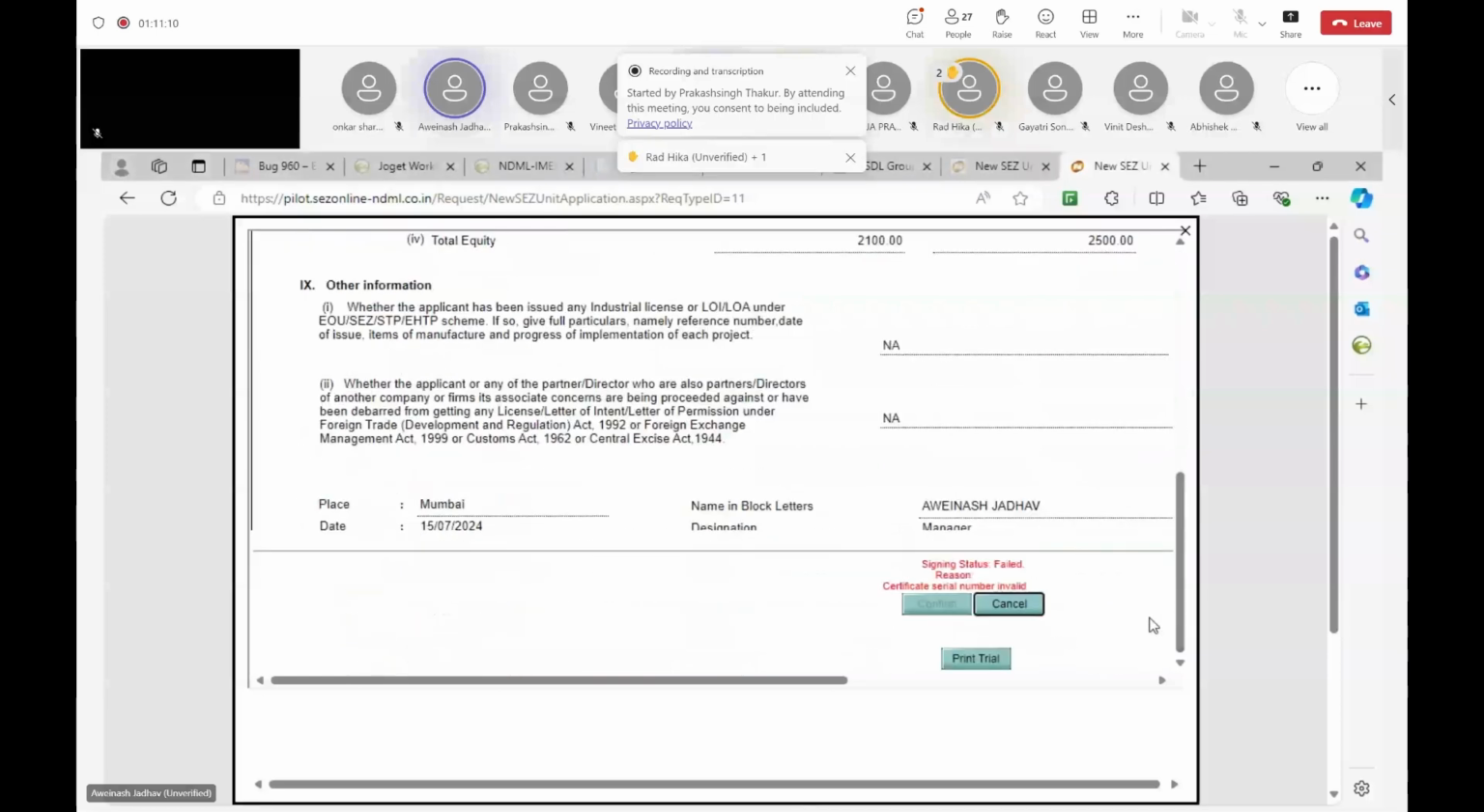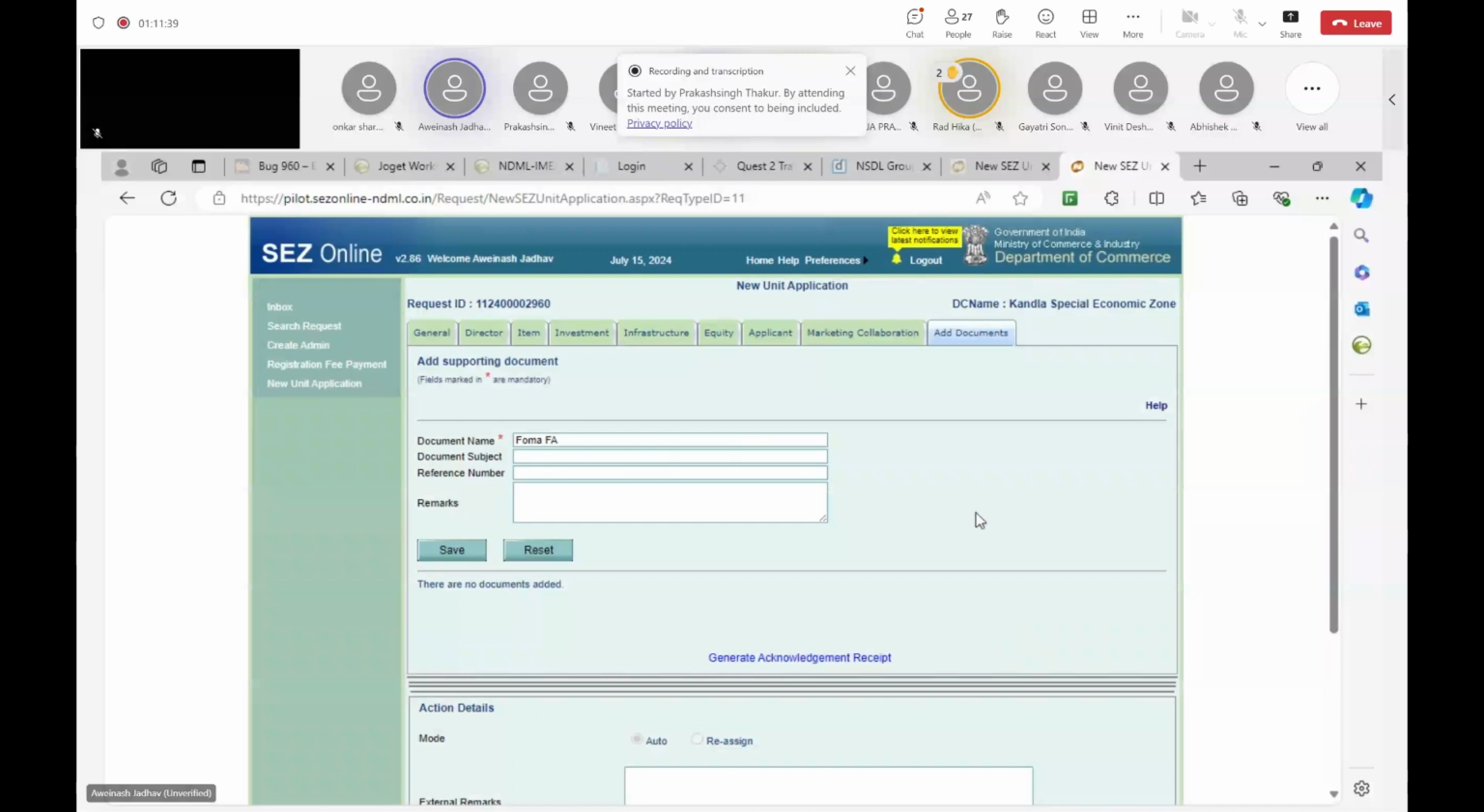Okay, so important point here. If in any case you have captured the serial number wrong, you will get a validation: certificate serial number invalid. So this could be because you might have missed out a digit, or you might have copy pasted a wrong serial number against the certificate which is actually authorized to you. Okay, so what you can do is go to